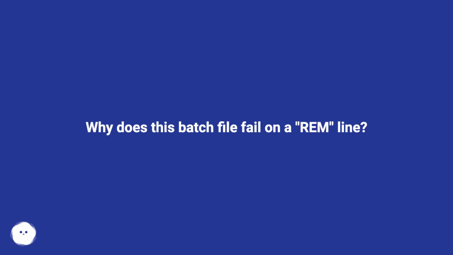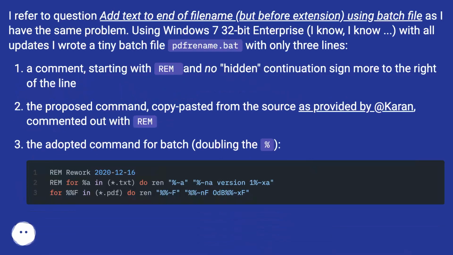Why does this batch file fail on a REM line? I refer to the question "Add text to end of a file name, but before extension, using batch file" as I have the same problem. Using Windows 7 32-bit Enterprise, I know, with all updates, I wrote a tiny batch file, pfname.bat,